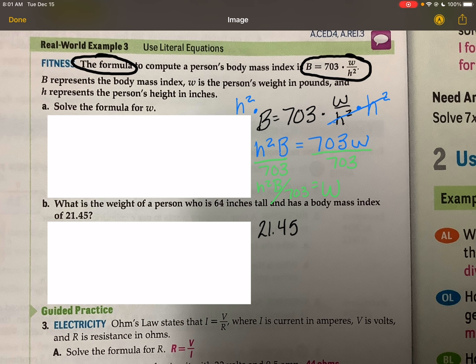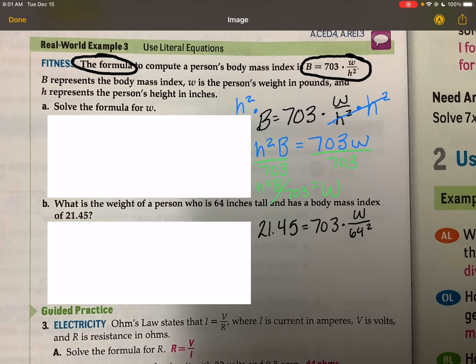I'm going to use the original equation, but it doesn't matter which one you use. So 21.45 is equal to 703 times W, which I don't know yet, all over